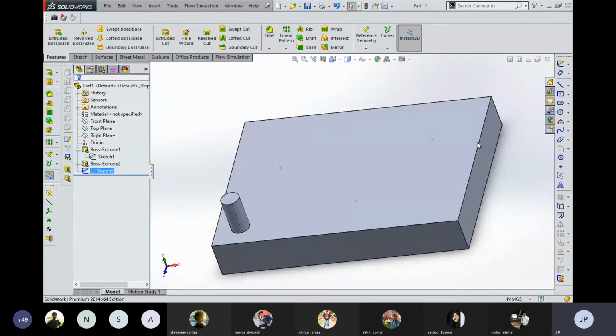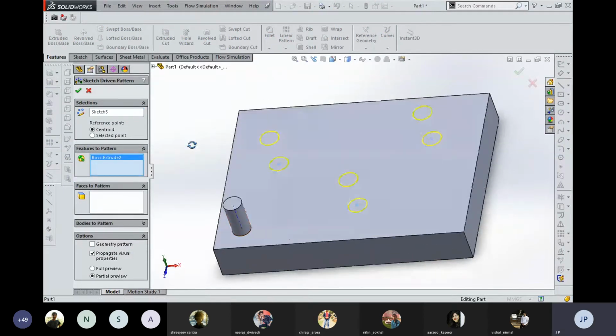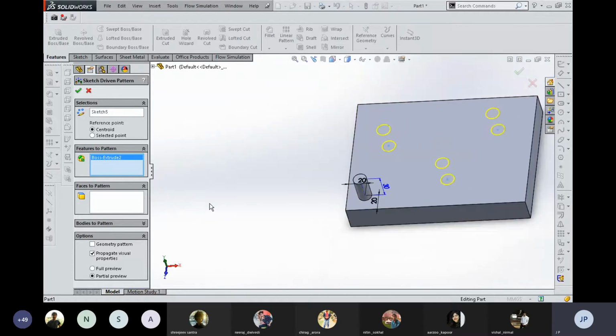click you can populate this component, this cylindrical component, on these nodes with the help of a single click. Okay, you do not need to click 3 times or create 3 copies of this component. So I just click on the sketch driven pattern and then select the component features to pattern. Now you can see that with the help of a single click, the coordinate value which we already know with respect to the parent component is created, and the instances to skip feature is in this module.